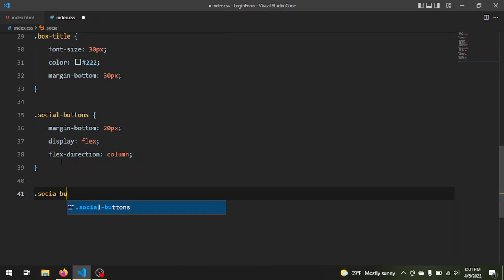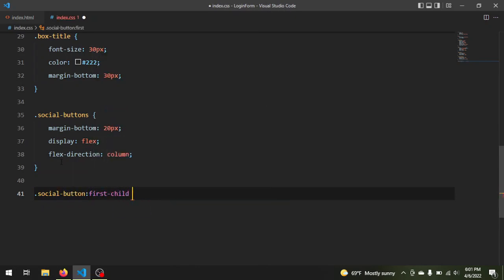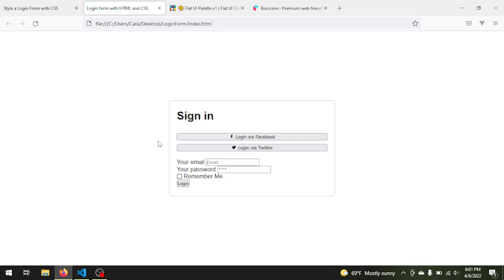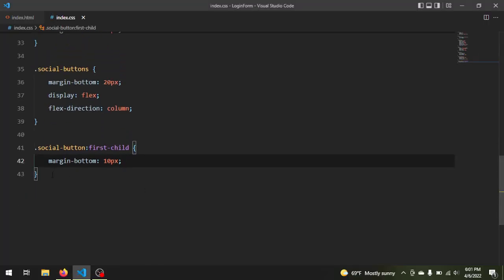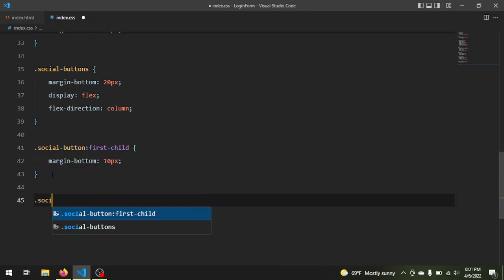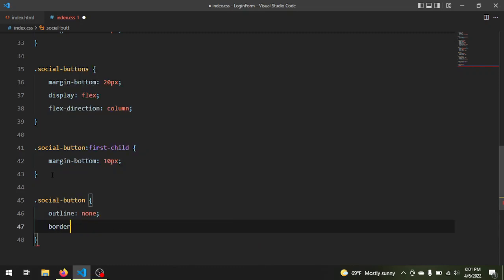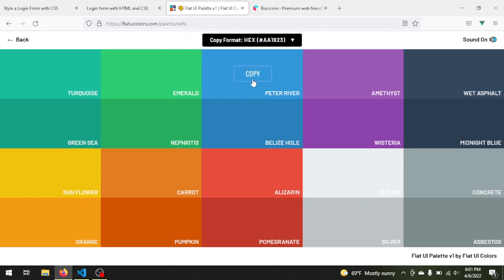social button first child, say margin bottom 10 pixels. Perfect. And now we have to write the CSS for the social button for each one of them. So we say social button outline none, border 1 pixel solid, and now we need a color from here, this one. Copy,